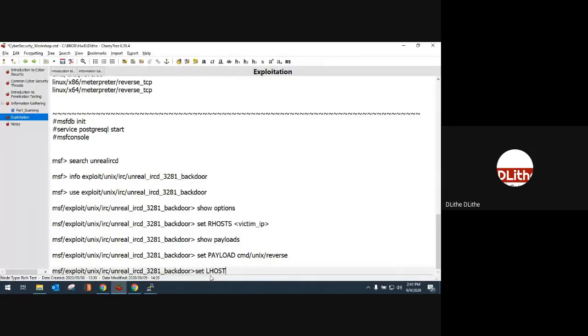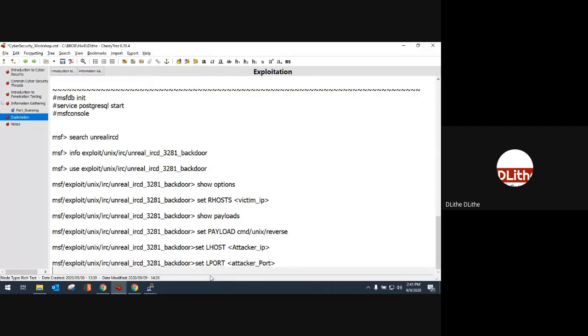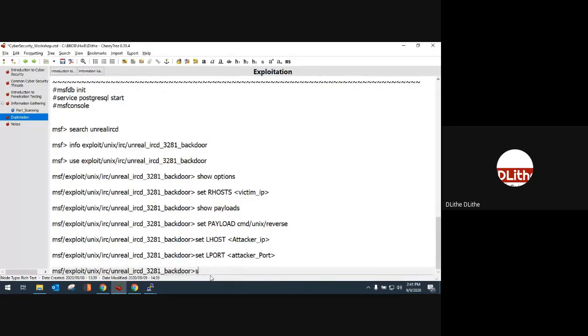Then we use set LHOST with the attacker's IP address. Similarly, we set the attacker's port number. Once everything is set, we verify that all the information is right.